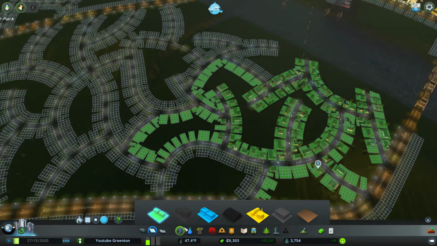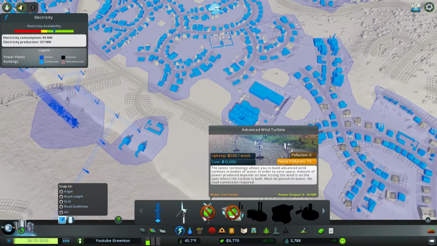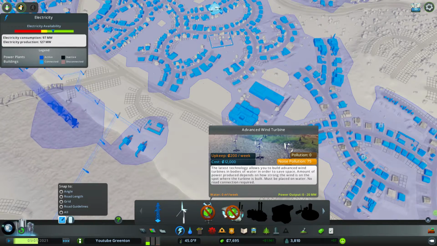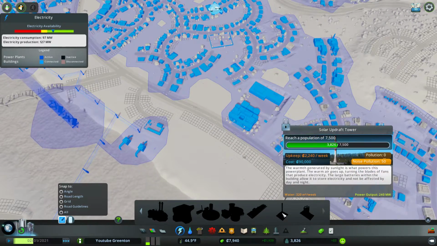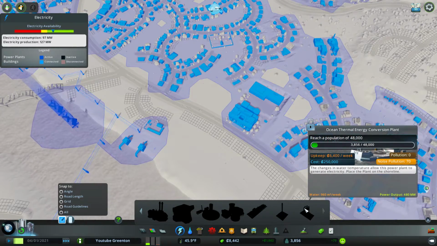So this might even push us to our next milestone. Power, we could use some, but can't afford it yet. I like to do, until we unlock some of the new power plants, we're going to do these advanced wind turbines. This is what we want, the solar updraft tower. That's a really sweet one. Up until we get this guy unlocked, but